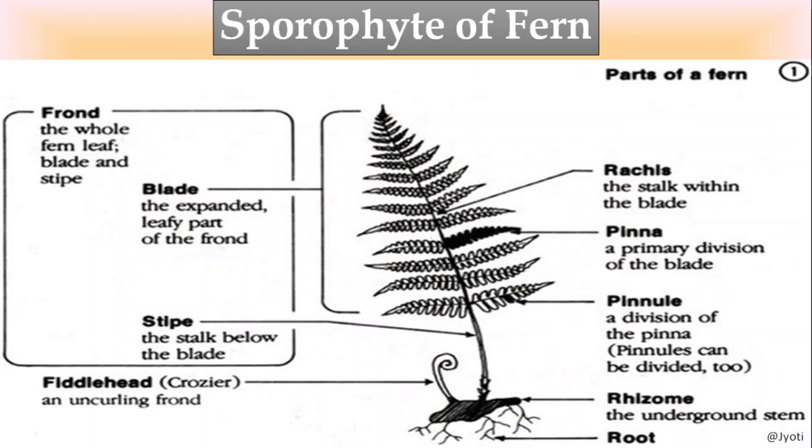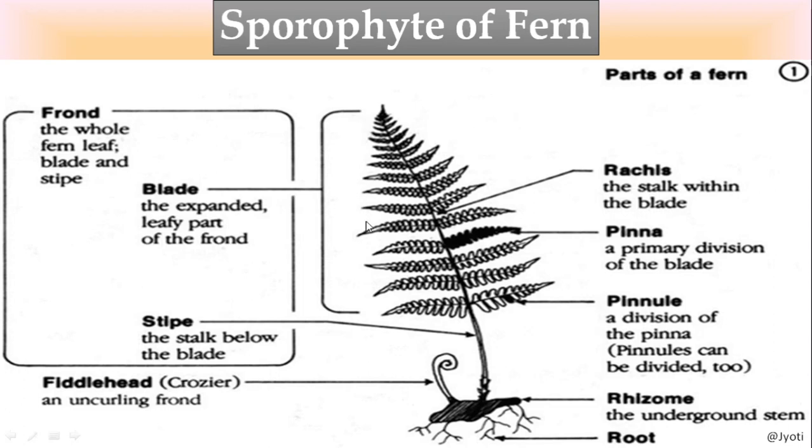So here very clearly I am showing you the picture of a fern. You can see the roots are there, true roots are there. Then the stem is modified into rhizome. Rhizome, you know, is also present in ginger, an underground stem. So the stem is underground and here are the leaves. So the whole structure is a leaf. Such a big leaf is there. Now here is another leaf that is going to be developed.